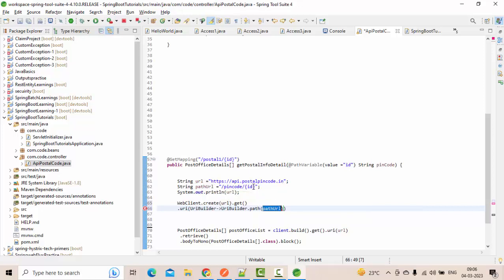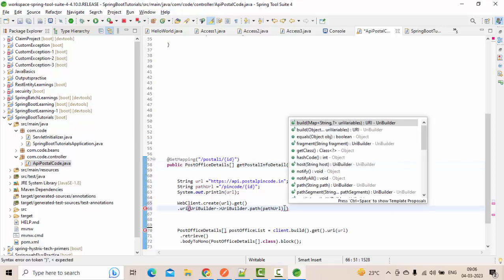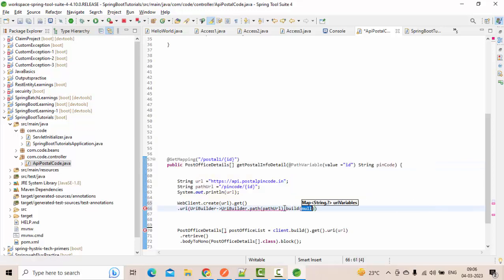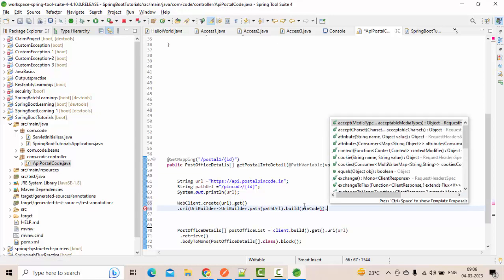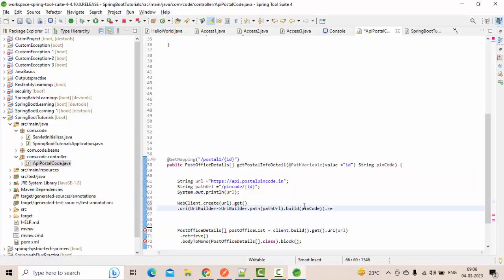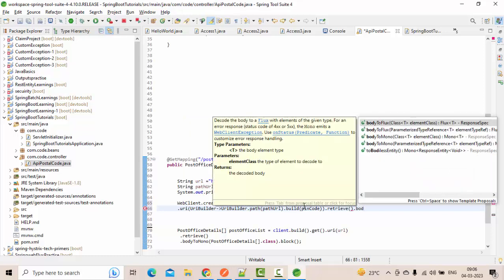Okay, this is good, but I need to pass this ID with this value, right? The dynamic nature will be achieved, right? So to do that, simply use build. So this ID value should be replaced by this value, right? So to do that, simply use the pin code, which we have passed over there. Now everything is the same. Simply use retrieve, then bodyToMono, because I am going to get the response either